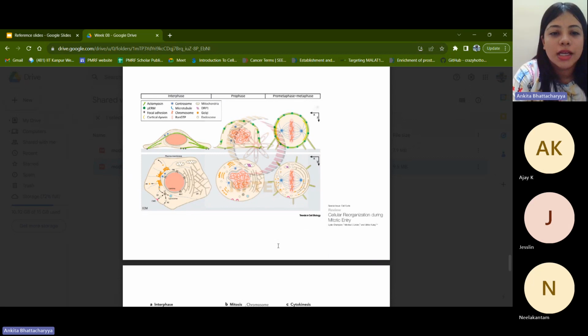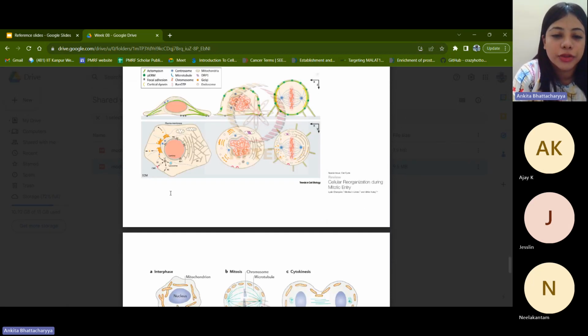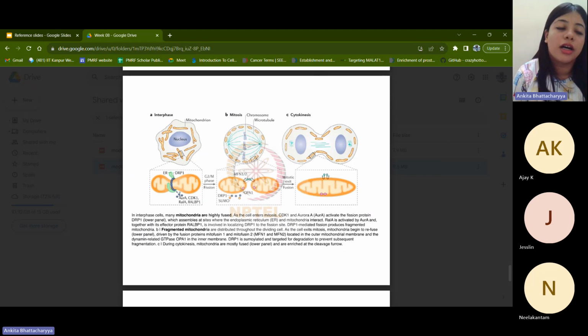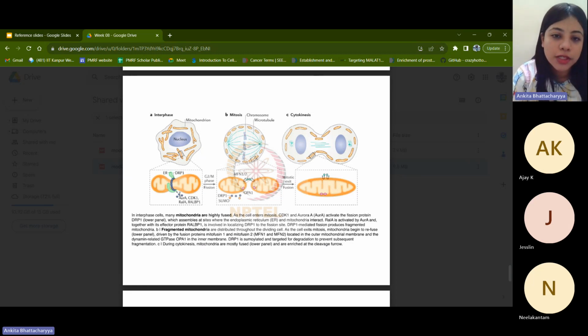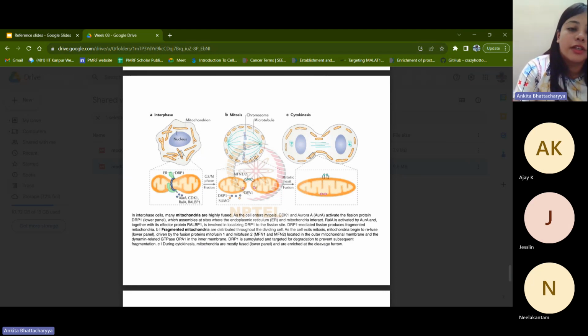And here we see it is again further organization of the cell that is occurring during mitotic entry. The next organelle that was looked at was the mitochondria. For mitochondria, a little bit of a different process is followed. At the time of interphase, mitochondria are more elongated-like structures. When the cell enters mitosis, there is a fission protein which comes in. You can see these images for your understanding. You're seeing that during interphase, there are longer mitochondria.